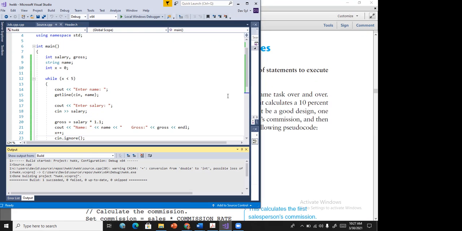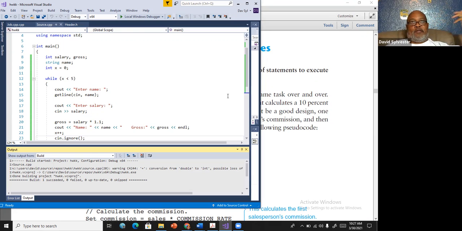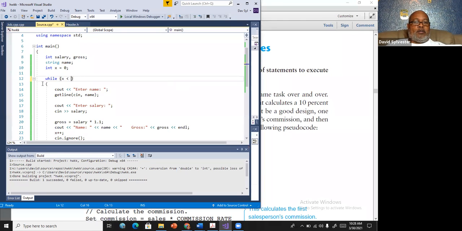So now I think he asked about, okay, well, what if the user didn't want to put 5, they wanted to put 4, you've written the program. Okay. Now, what you can do is something called a sentinel. It's a value that's not really being used for anything but to trigger something. Okay. So what I can do here is put while,